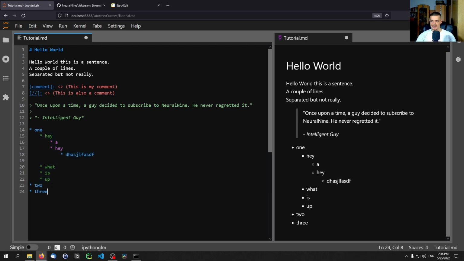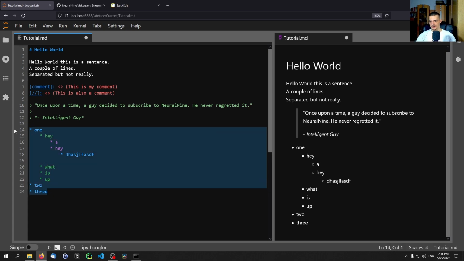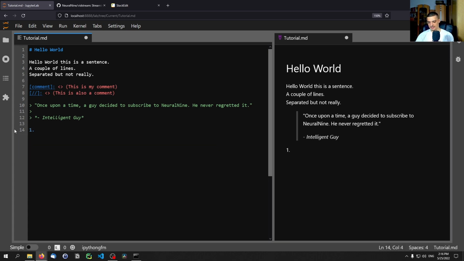So instead of just having these circles or these dots, what we can do is also say 1, and then hello world, what is up? And then we have a numbered list, and when we indent here and say 1, hey, what's up? This is gonna be ABC,